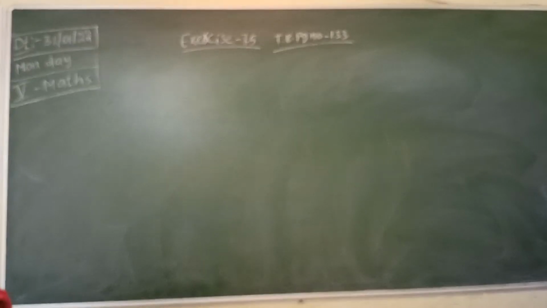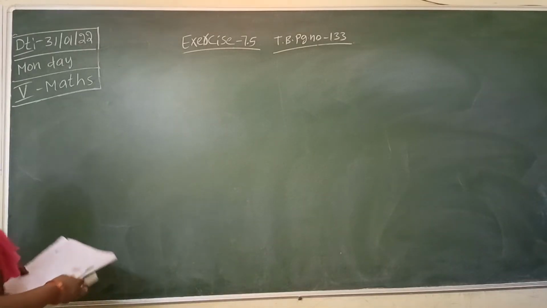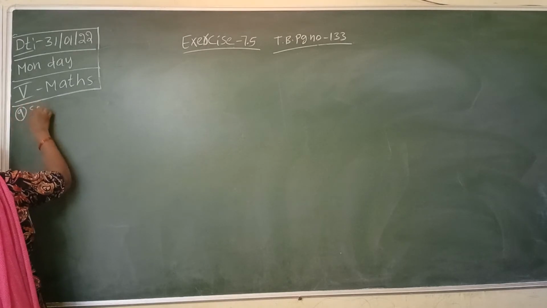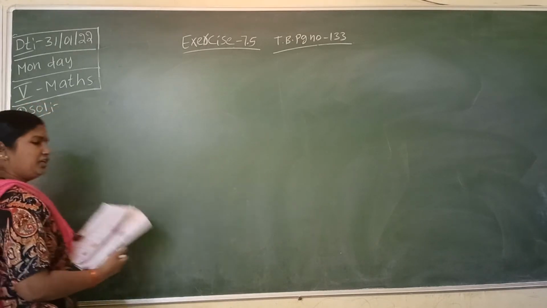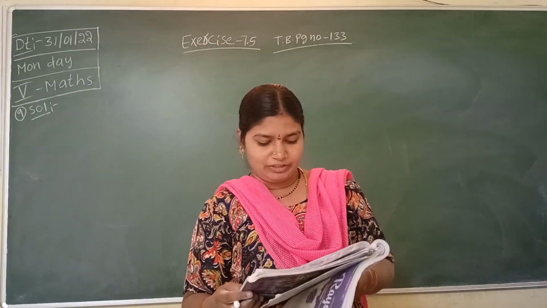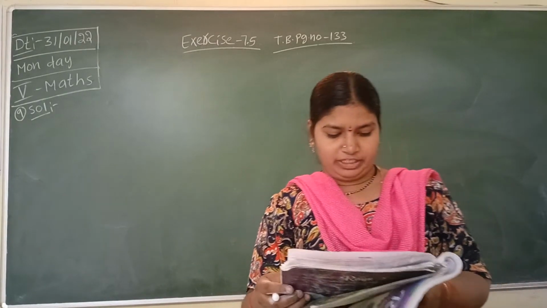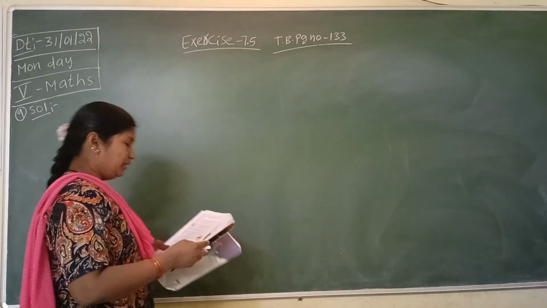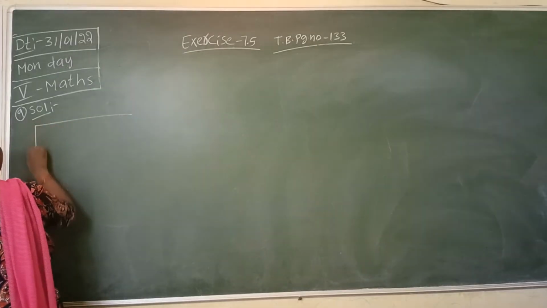Now I am going to explain the 9th problem. Everyone, open your textbook, children. The given question, try to understand the question first. Find the area of the shaded portion in the figure given alongside. Okay? See, first of all, draw the given figure in your notebook clearly with a pencil.